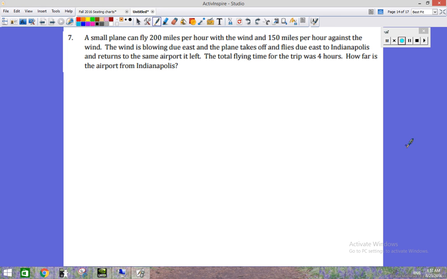Fly due east to Indianapolis and returns to the same airport. So you have a round trip type idea. The total flying time for the trip was 4 hours. How far is the airport? So we have this airport, and we have Indianapolis,